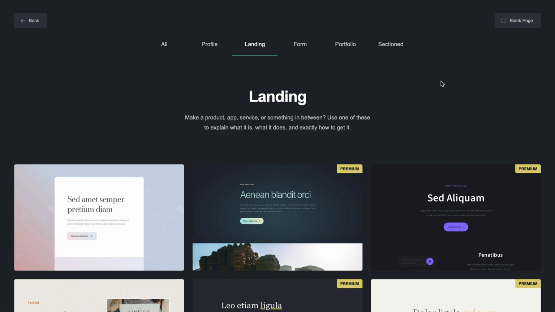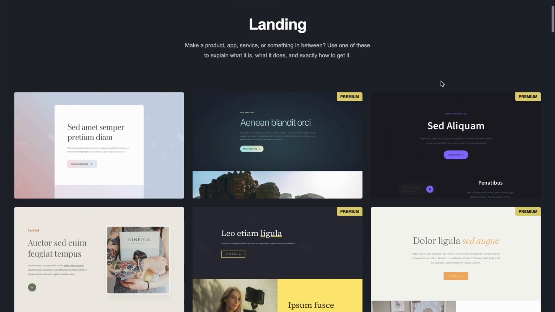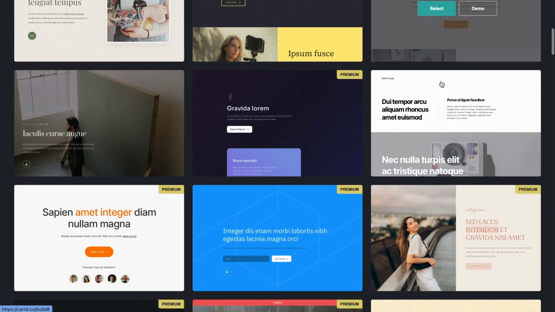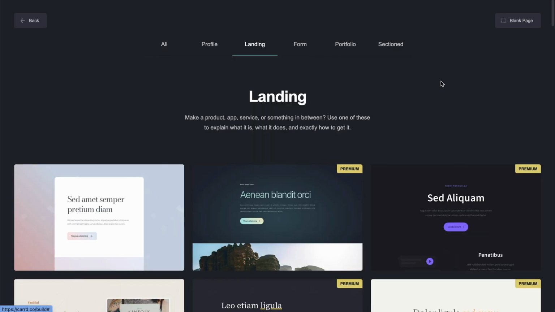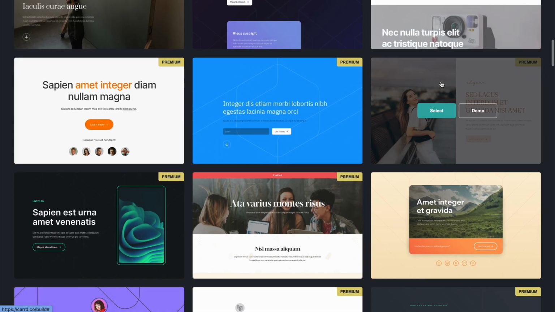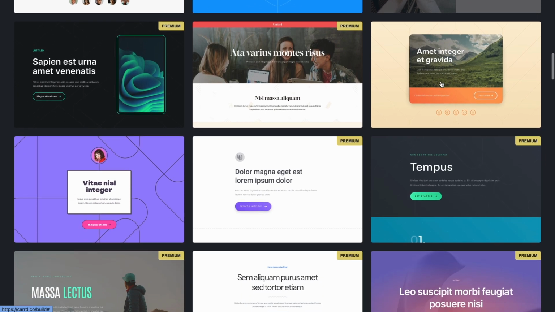So tool number 1 is going to be Card, and I'm not going to talk about this too much because we have so many videos on the channel about how you can use Card, including how to build a landing page for your app on Card as well. But the biggest benefit to Card is the pricing. It runs at around $19 per year to host your own custom domain name, and it has many different templates